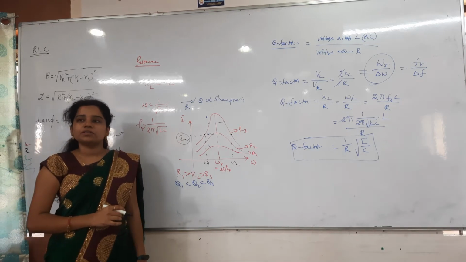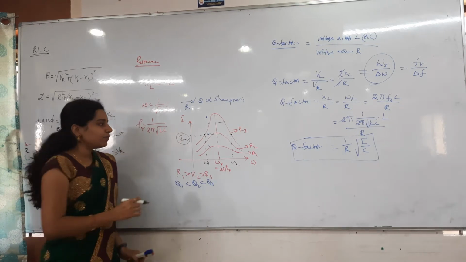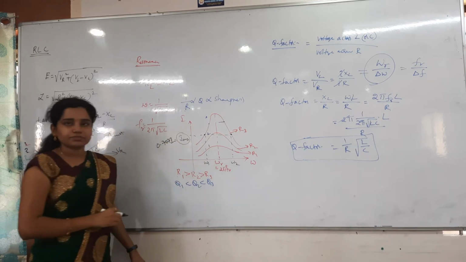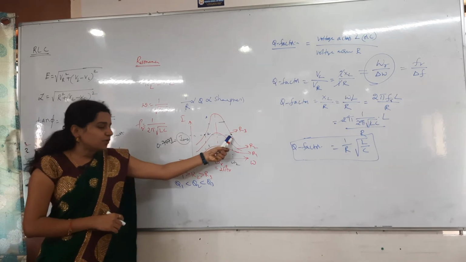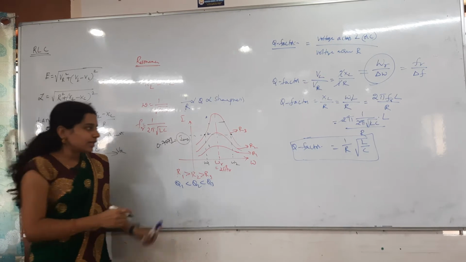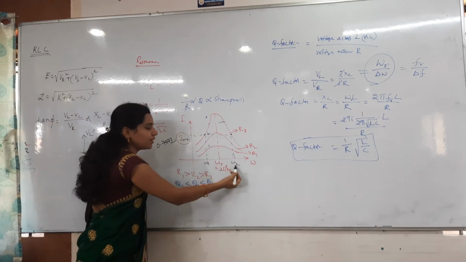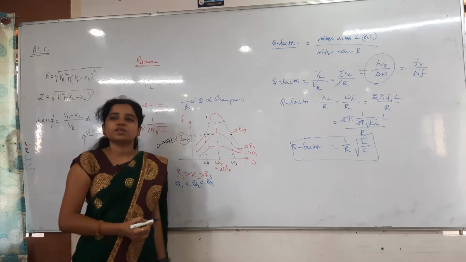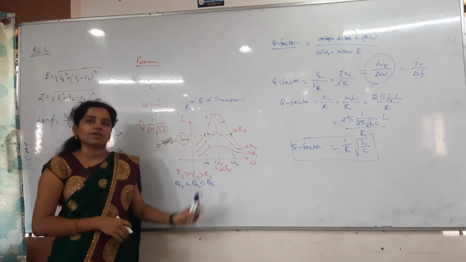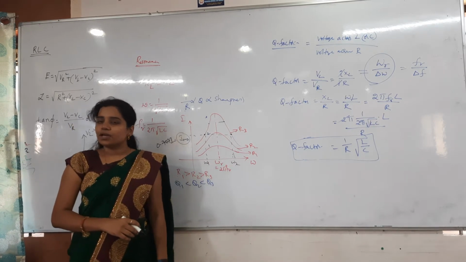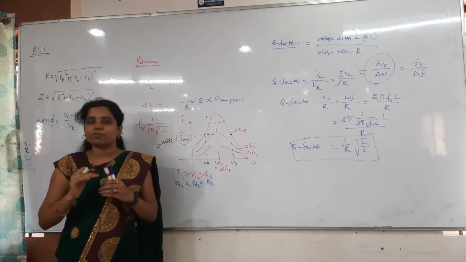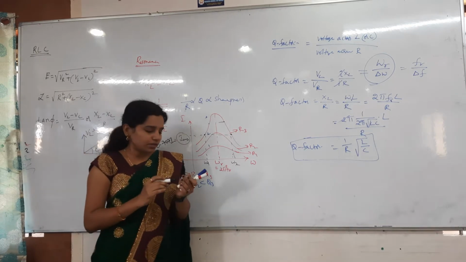IRMS, what is the formula? I naught by root 2. I naught by root 2 is how many times of I naught? 0.707 times of I naught. So at whichever point the current is 0.707 times of I naught, at that point we have two frequencies, omega 1 and omega 2. The difference of those frequencies is known as the bandwidth frequency. So clearly I can write omega 2 minus omega 1 is the bandwidth frequency. At this point we get half power, total power by 2. That we will discuss in power. So till here you understand, right?